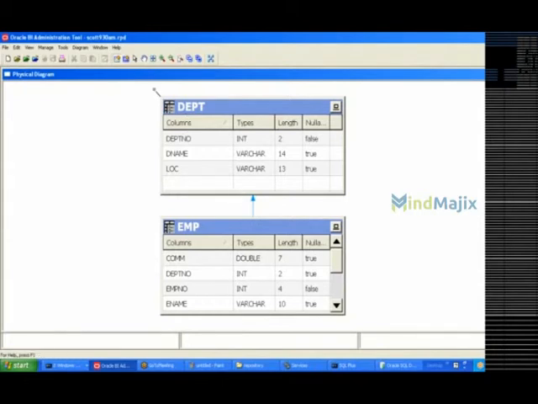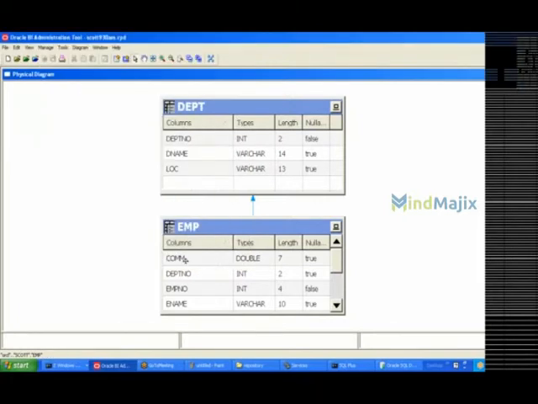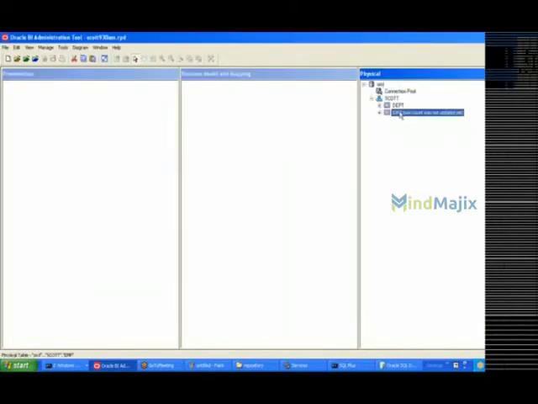Now, as of now my mouse is in the select format, and if I double click on this join condition, you are able to see the key icon now. Previously there was no key icon for it. So now this is the join condition, which means we are having the join between them. Now close this. If we are having an equality operator, we are able to join this properly.